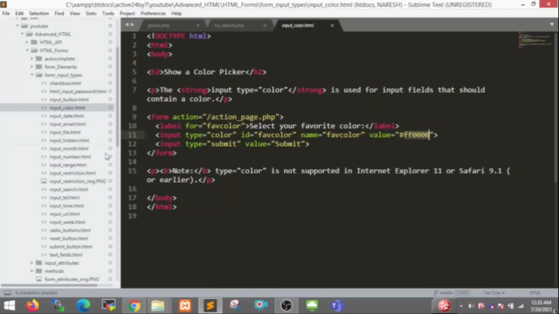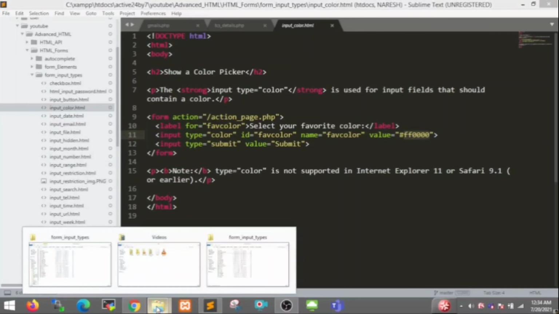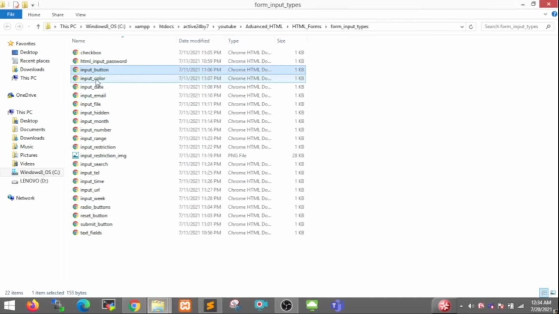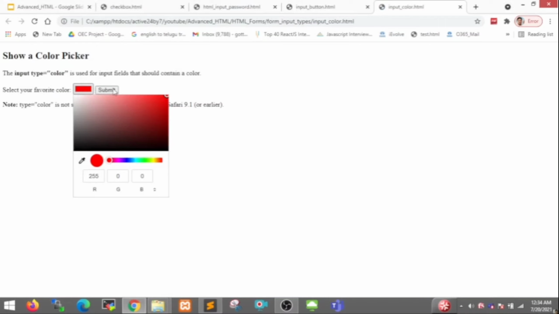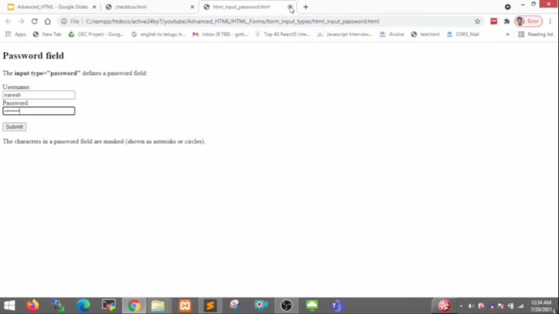Let's go to my page in our local system. Here I created my input color web page and opened it in my browser. This is the color input type concept. When I click on it, it shows a pop-up tooltip for color selection. If you drag it, the color will change. So this is the concept of the color input element.